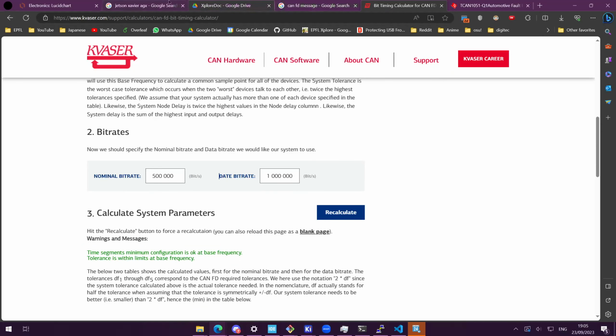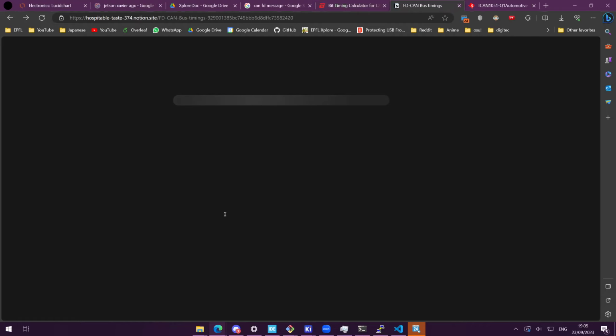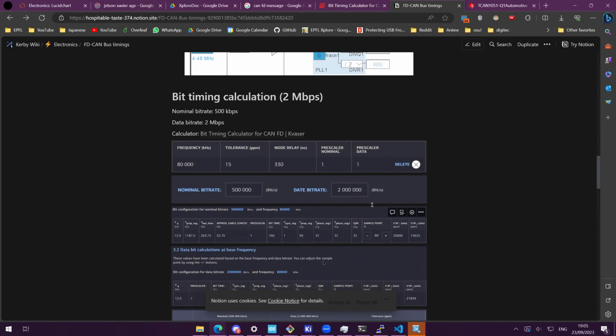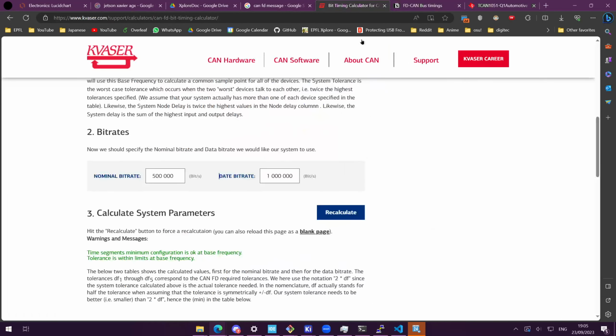So we send it at different frequencies. If I look here, the settings that we used for our project are 500,000 bits per second for the nominal bit rate, and we chose to use 2 megabits per second